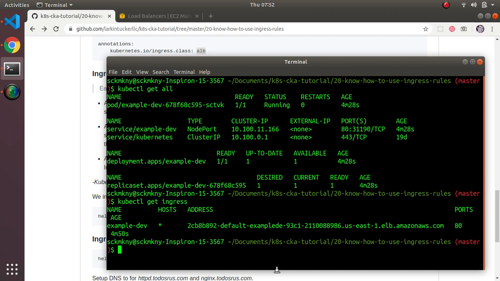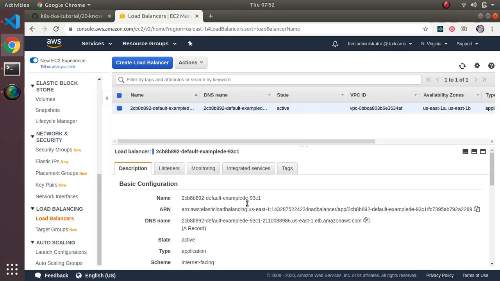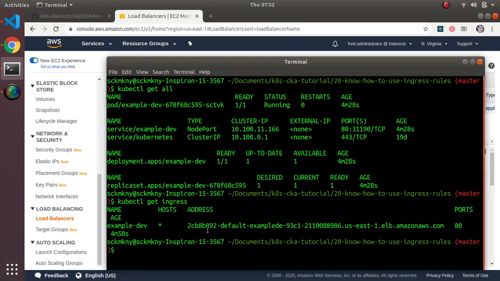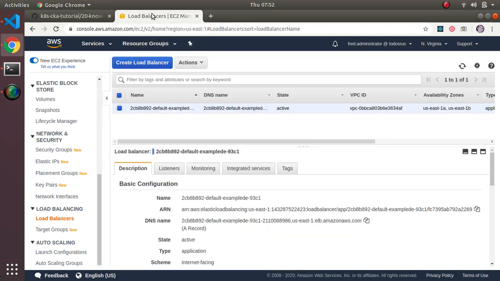Okay, so now we also have this thing, that is our ingress. And you notice it has an address associated with it, and this is basically the address of the load balancer itself. Okay, so then what we can do is we can look at the load balancer. In fact, that's the same DNS name right there, it should be the same as this one right here. Okay, so what this really did is that outside it created a load balancer that is taking all our traffic in,